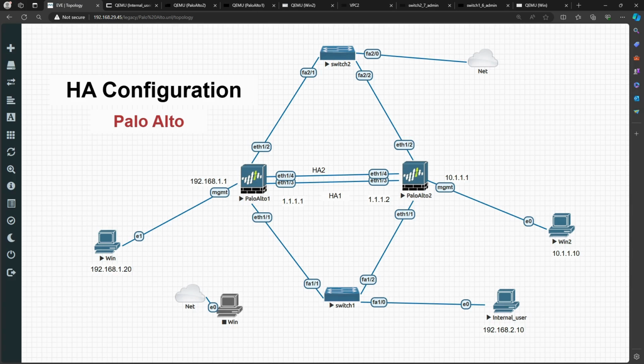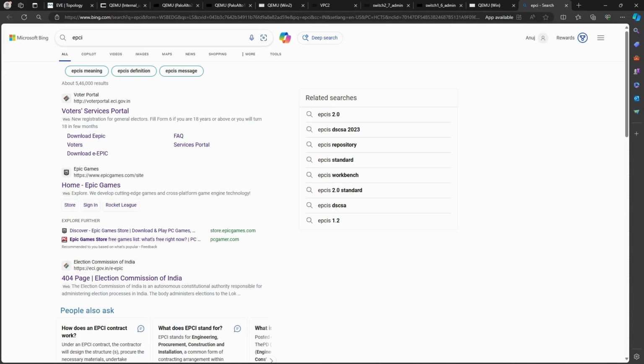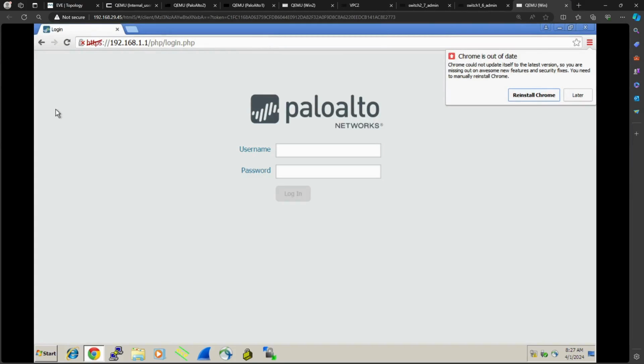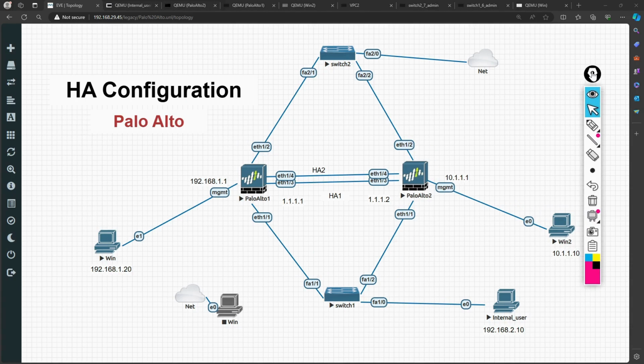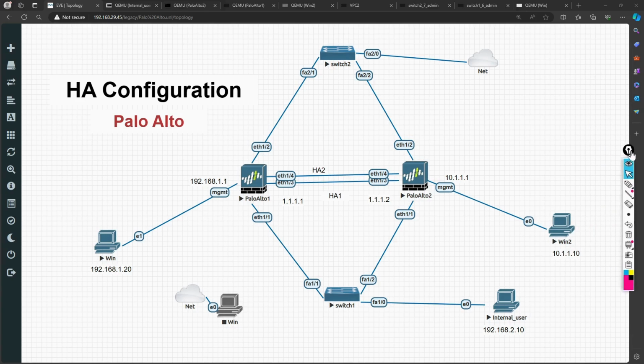the lab where I have taken two firewalls in the lab. There you will see that there are Palo Alto 1 and Palo Alto 2. And for accessing them via GUI, I have taken their console, right? So for the console part, I have taken the,